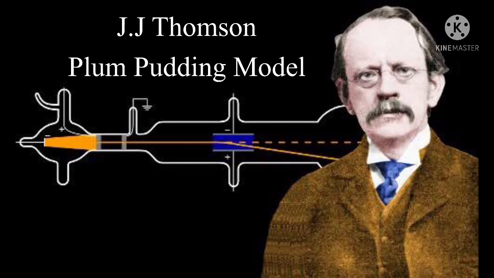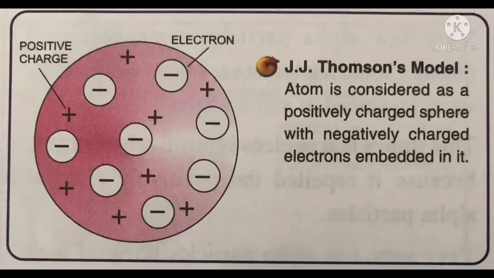J.J. Thomson put forward his plum pudding theory to show the arrangement of the various particles. In his model, he considered the atom to be a sphere of positive charge, whereas negatively charged electrons are embedded in it. The positive charge on the sphere is equal to the negative charge of the electrons, and as a result, the atom remains neutral. Now the question is why it is called a plum pudding model? Because in a pudding, the raisins are considered as electrons and the remaining part is considered as the positively charged part. Same in the case of atoms, electrons are embedded in the positively charged sphere.